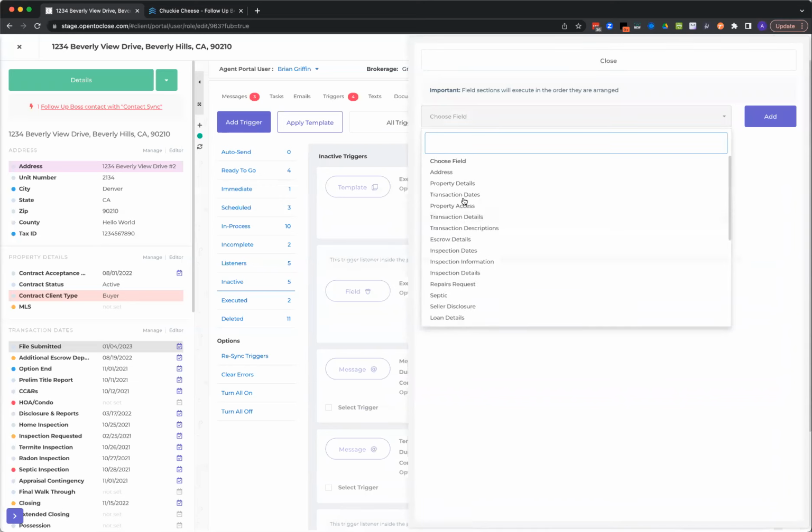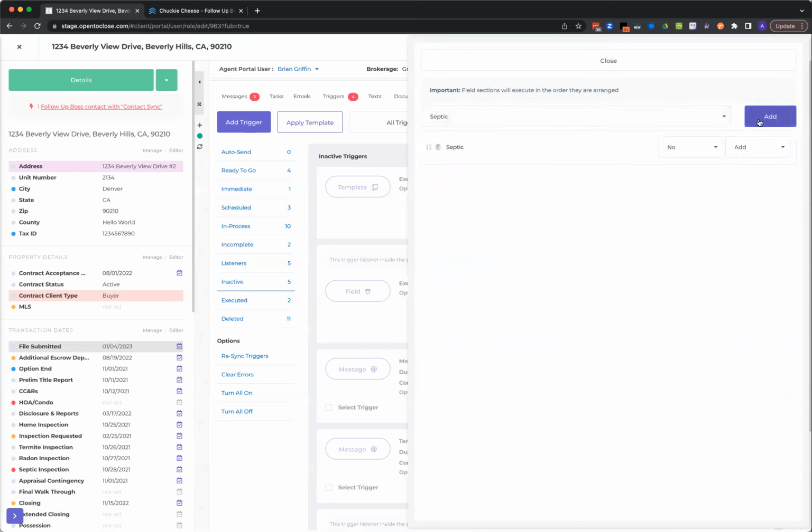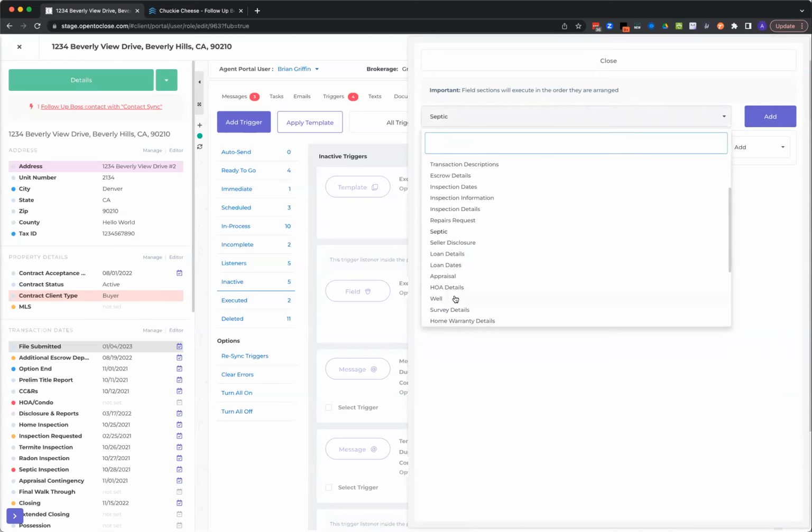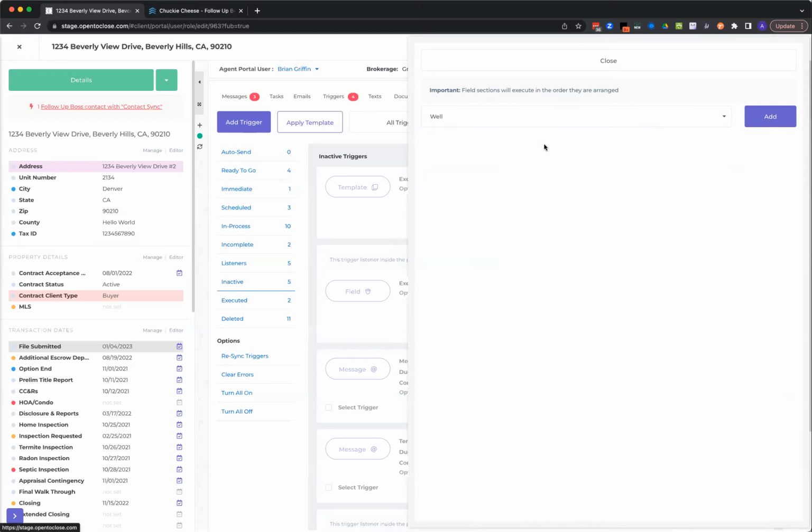Let's see here. So let's say septic. So these are our septic fields because these don't come in all the time. Or actually, you know what, let me say well, because we actually talked about an example on the phone earlier about this. So let's pretend that they say there's no well on the property. The inspector goes out to the property. It's an old mobile home or something, and they find there's a well on the property. And